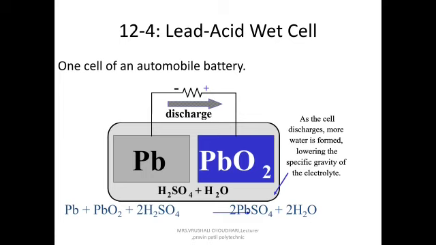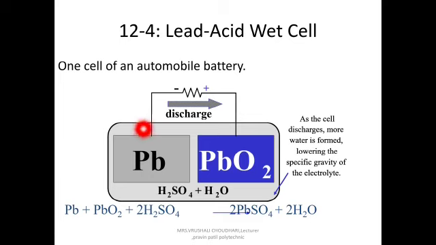During discharging, what is the meaning of discharging? When electricity is produced, chemical changes take place, leading to the formation of voltage, and that passes through the external circuit. That time it is called discharging. The lead plate, which is acting as an anode, is converted into Pb2+. Pb metal, that is lead metal, is converted into Pb2+, and 2 electrons are liberated by the oxidation process at the anode.